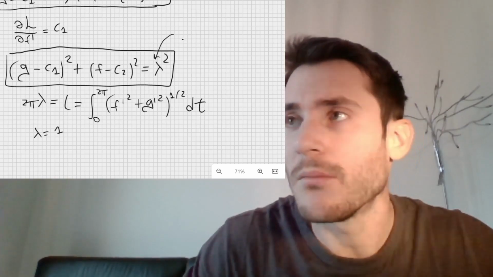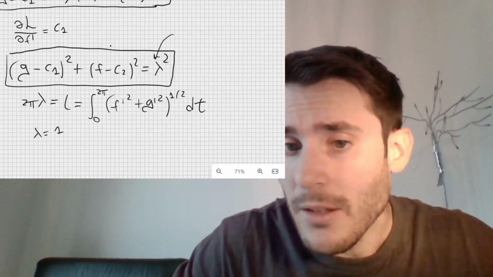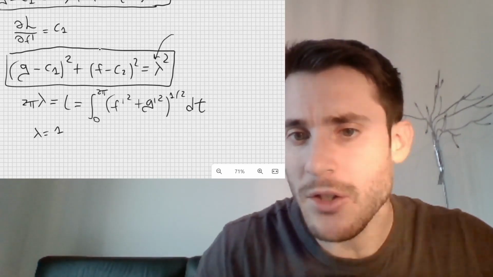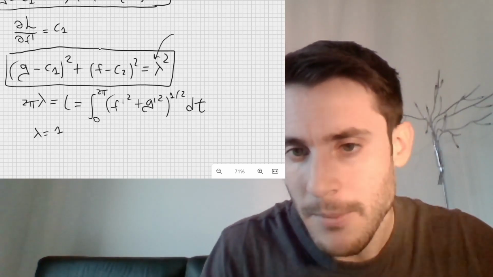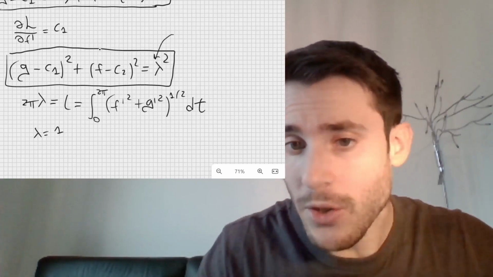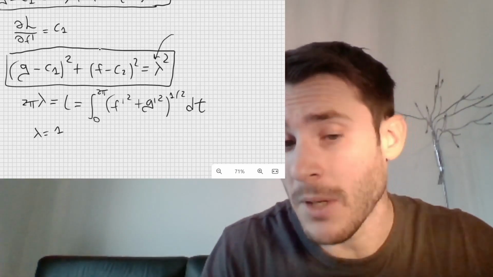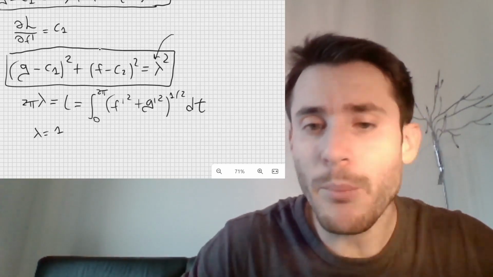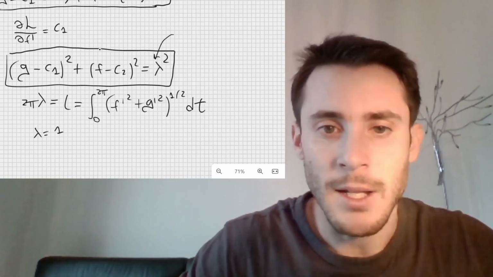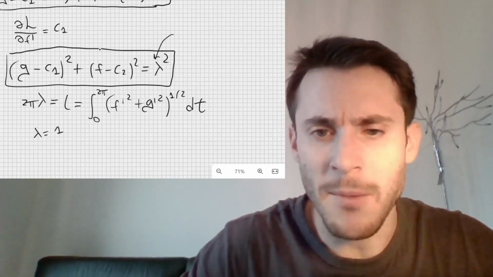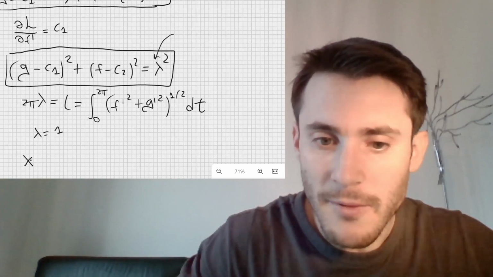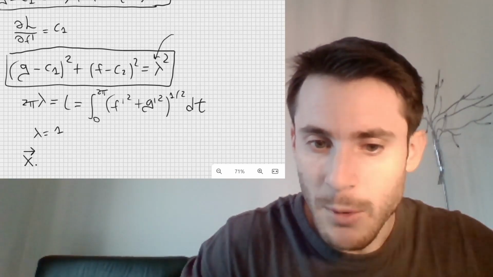Here, if we consider Lagrange equations, it means that this is the curve which extremizes the action. So the action is the integral of the Lagrangian dt. But we want to make sure that this is actually a maximum, not a minimum. And it's a nice exercise to do in order to improve our own insights and understand much better the mathematics behind. We are going to do this by writing the equation for a circumference,